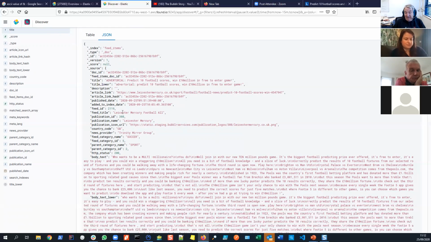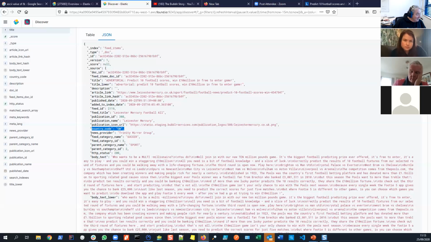So the title of the feed. It's important to remember the difference between the feed and the articles, the feed items. The feed is the RSS feed, whereas what we've got here is the stories that we get out of that feed. It happens to have a title. Okay, publication ID, publication name, publication. This is embellished stuff. So the URL for the publication, which again is useful for the apps because when it gets shown, you can have a thumbnail image of what it looks like.